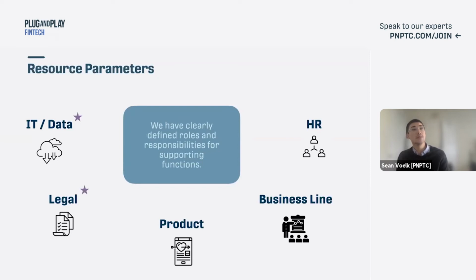Okay. This one, we have clearly defined roles and responsibilities for supporting functions. Actually, it has decent overlap with the last, in that these supporting functions should be a part of your network. But I think it's crucial to separate them from formal support from any of the support functions. If you're running a POC with a company that needs your HR data, legal is going to need to make sure that the startup is compliant with the relevant regulations. They might have to set up an NDA. IT might need to manage a data handover. So having these support functions set up and ready to go is invaluable, and also certainly separate from the network